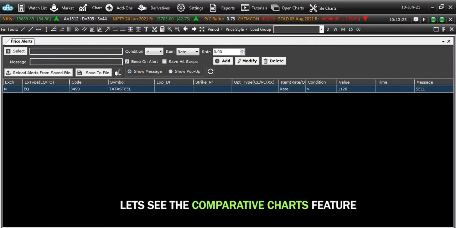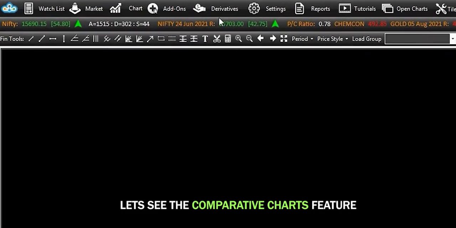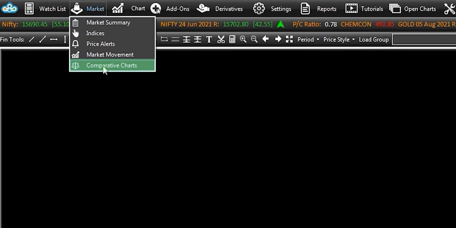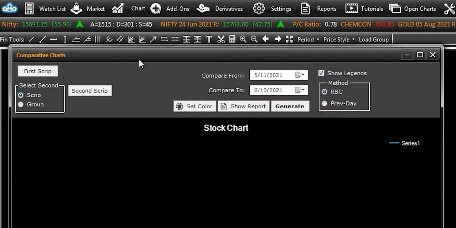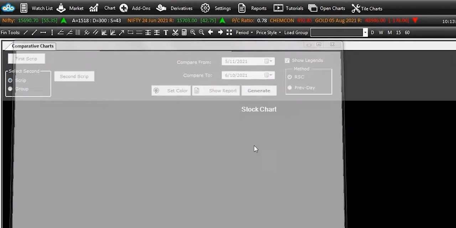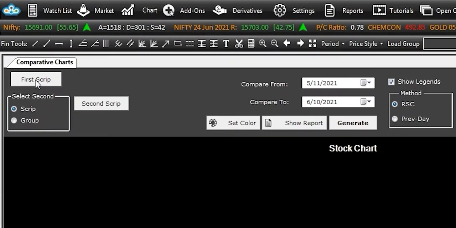Now let's move on to the next feature, that is comparative chart. Comparative chart helps you to understand which stock is performing good from the data of the previous 1 month, or you can customize your date. For example, I want to see which stocks are overperforming or underperforming with the baseline of Nifty.